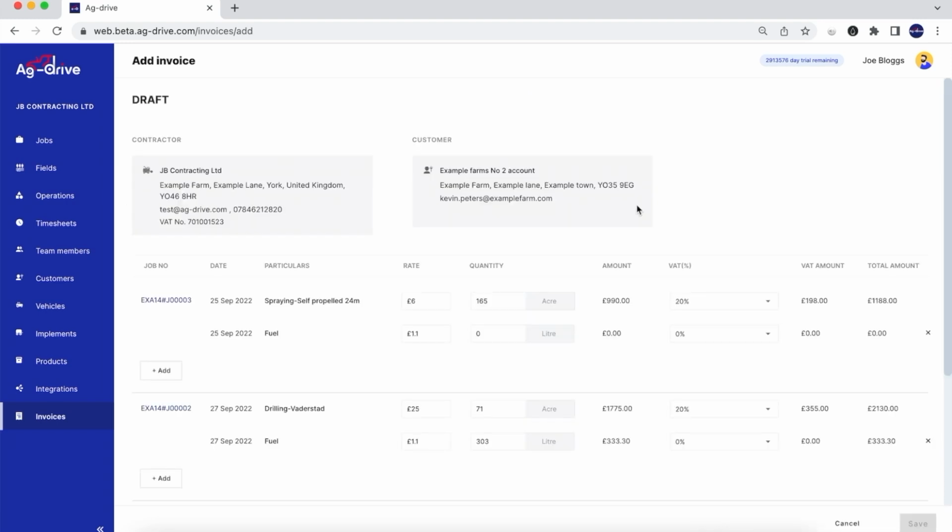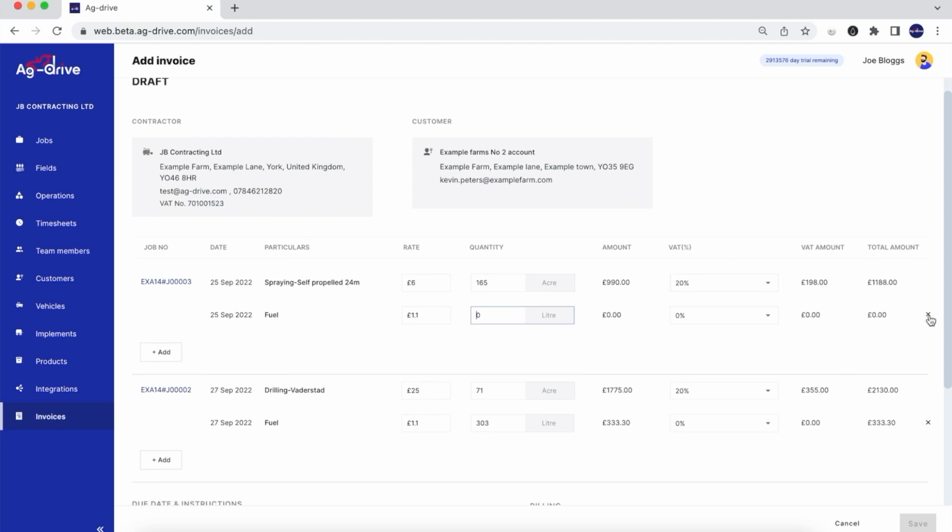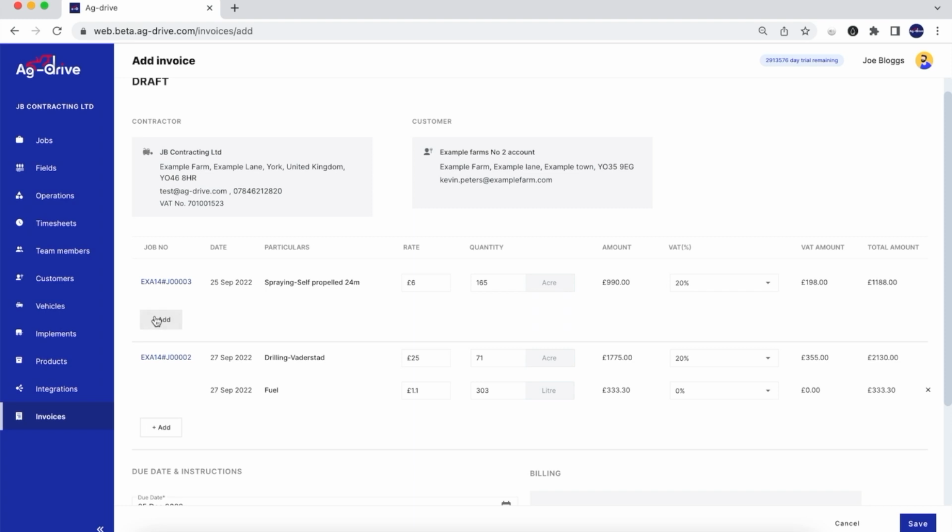And then from here, we can then edit any of the invoicing details. So any of the rates, the quantities can all be changed. You can even change the VAT statuses on here. We can also remove line items and add line items in. So I'm just going to remove that line item, keep this other line item in for fuel usage on this